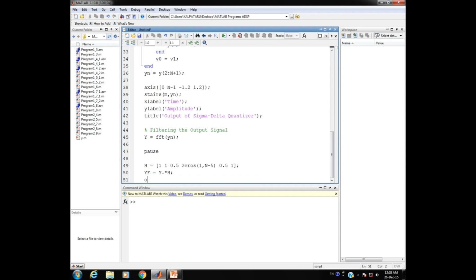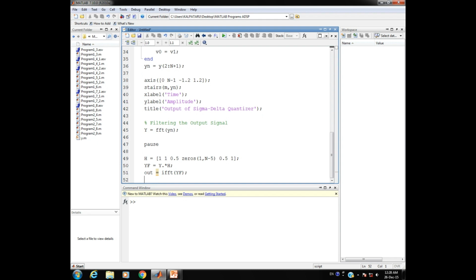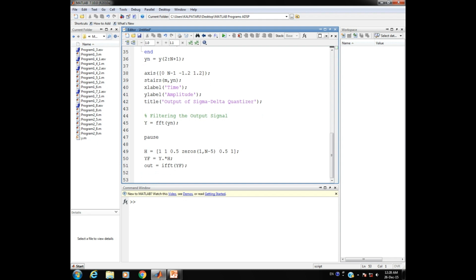For that purpose let us make use of the inverse Fourier transformation. As we have the FFT syntax for the forward transformation, we have the IFFT syntax for the inverse fast Fourier transformation, and the input here will be capital YF that we just computed after operating with the filter function capital H.